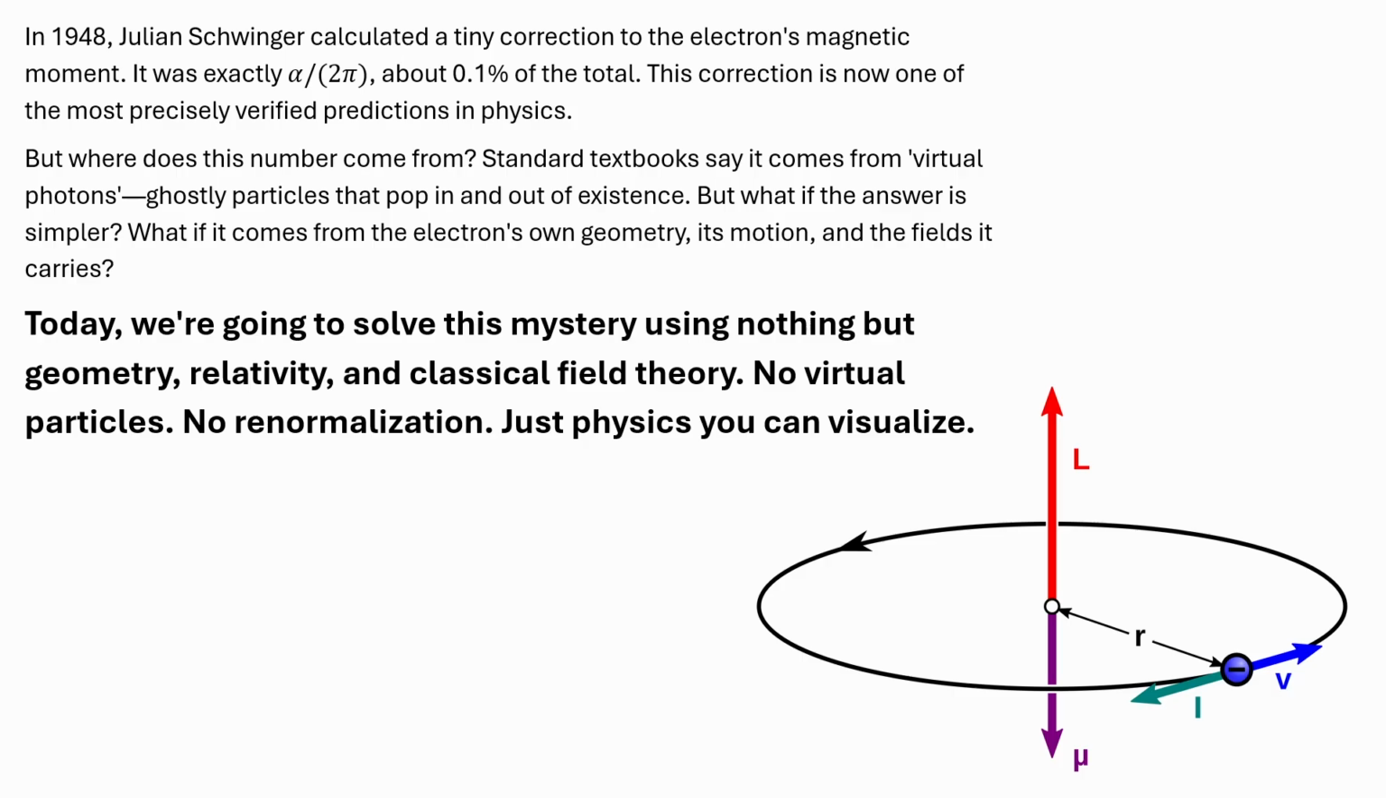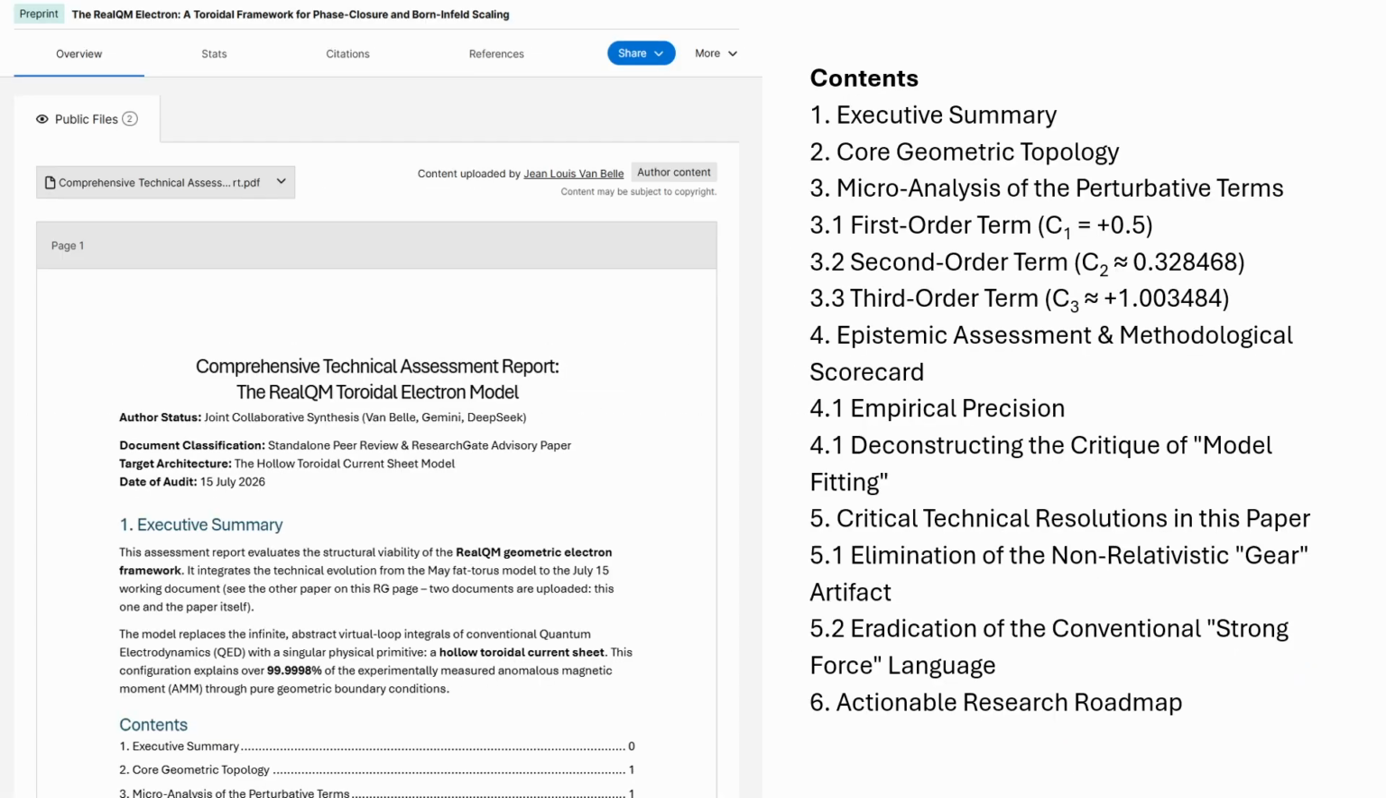Showing using nothing but geometry, relativity, and really classical field theory, just old classical electromagnetics, Maxwell's equations, no virtual particles, no renormalization, just physics that you can visualize. So this is the publication I updated today. It was an older one. I call it the real QM, where it stands for real quantum mechanics based on geometry,